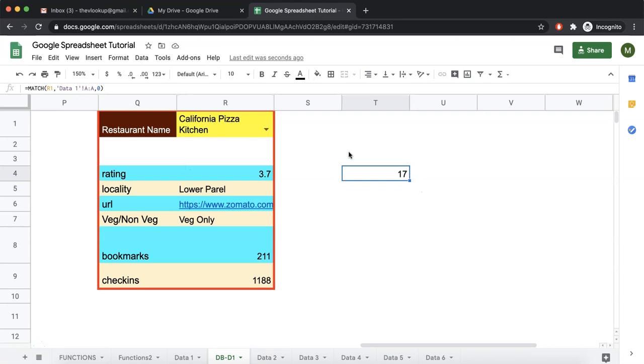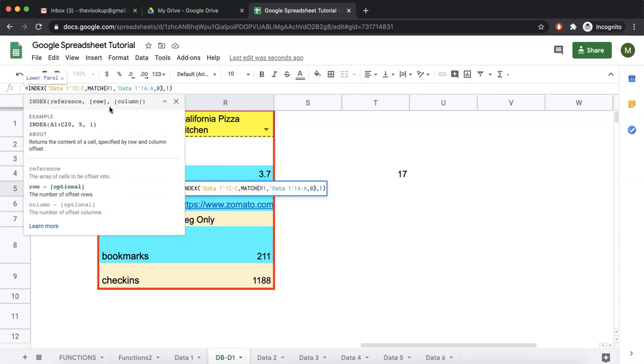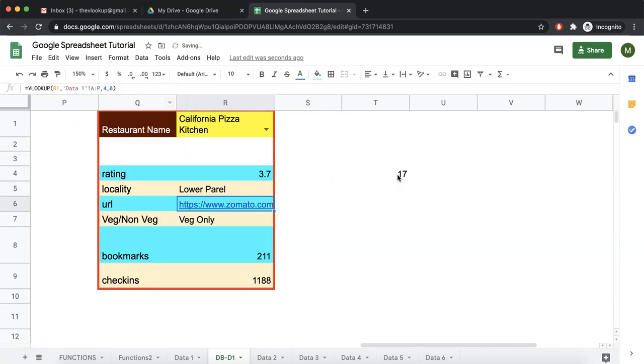So this is our row number which is coming from here, and we are referring to this as the second parameter, which is row. Now instead of referring to this, we can simply copy the formula, and instead of writing T4, we will write the complete formula here itself. So whatever is the output of this becomes the input second parameter for index, and third parameter is obviously column. So we are good to go. Now we can delete this. Now you see how we are combining multiple functions into one.